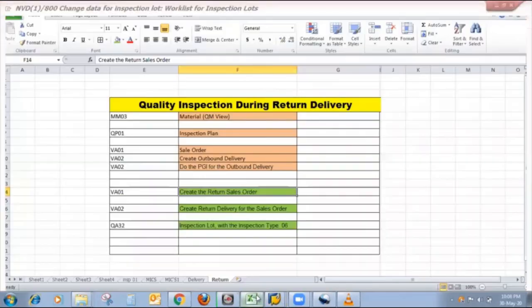So after that, as shown on the inspection type chart, once we complete our inspection lot or UD, the sales team will take the decision whether any replacement of that material or any kind of decision. So friends, this is more about inspection type 06.